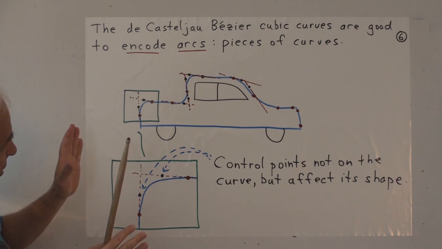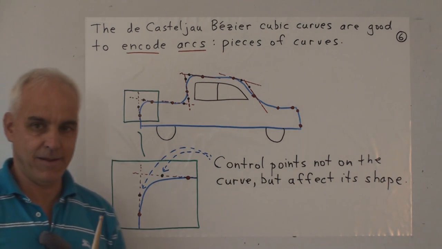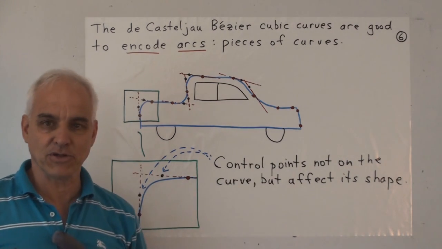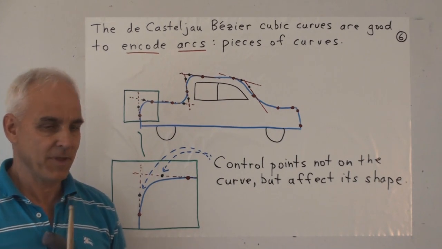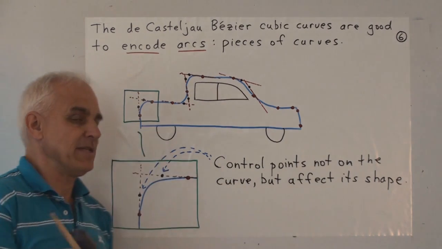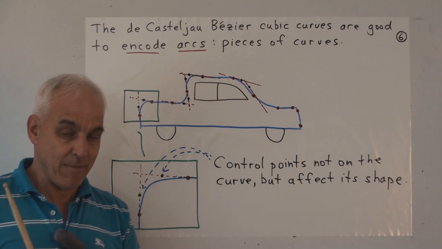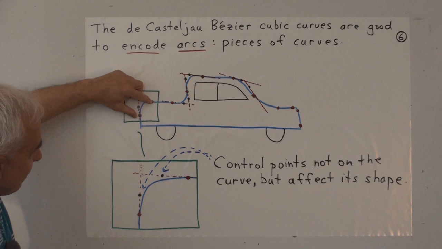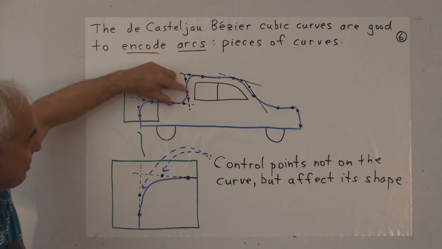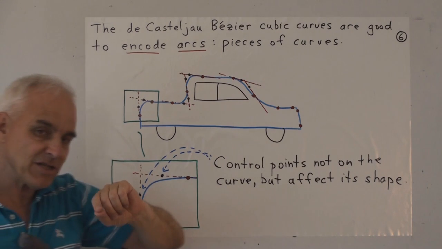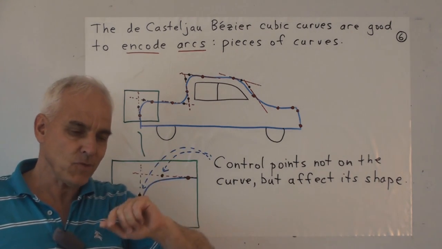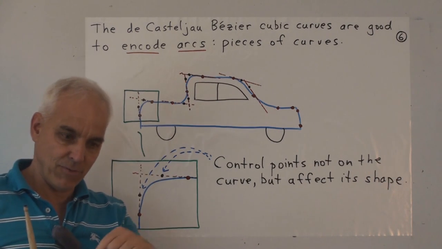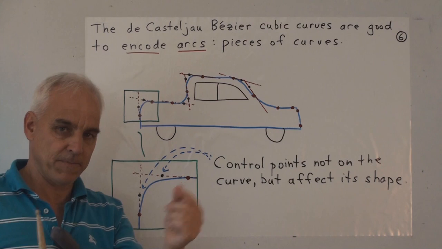And we would like to encode mathematically this shape, so we can send it to engineers in other parts of the world. It's just over the internet perhaps. And maybe we don't want to take a picture, we just want to encode some finite amount of data. So the idea is that we're going to divide the curve into reasonably manageable pieces, relatively simple arcs. So these cubic curves are good for describing arcs, relatively simple parts of the curve.